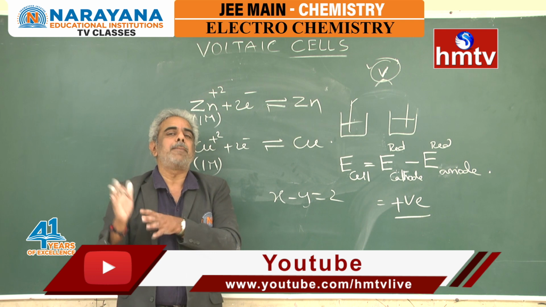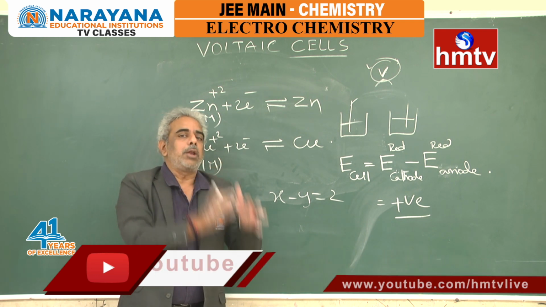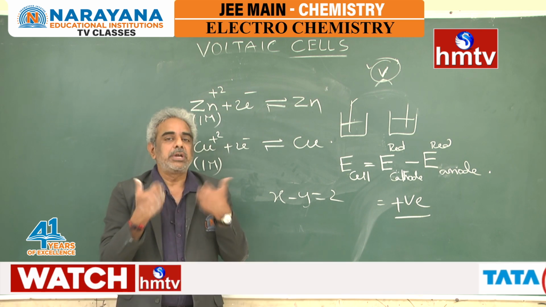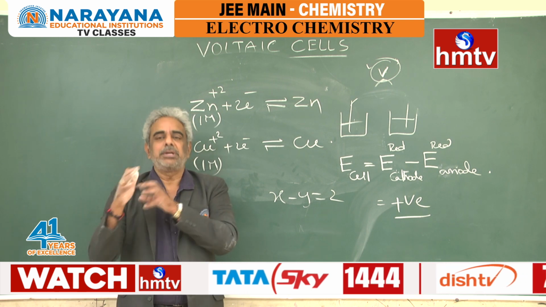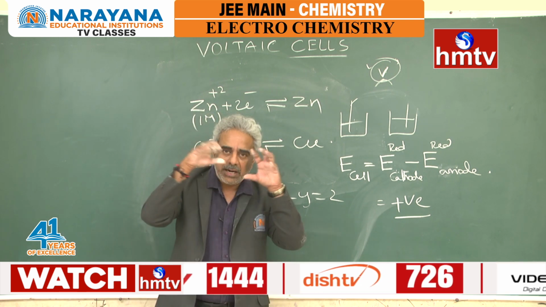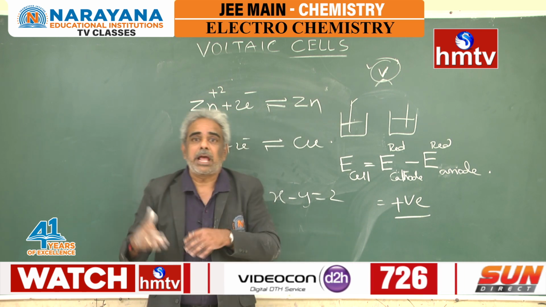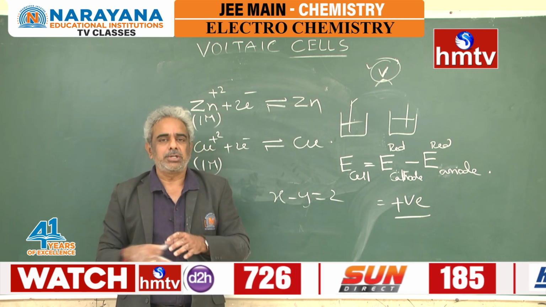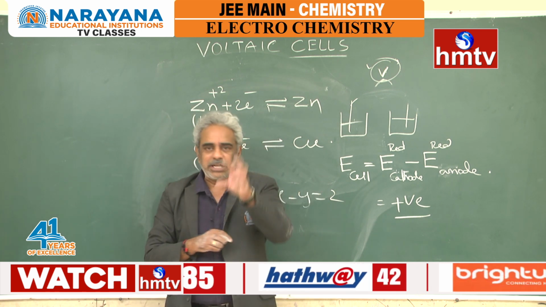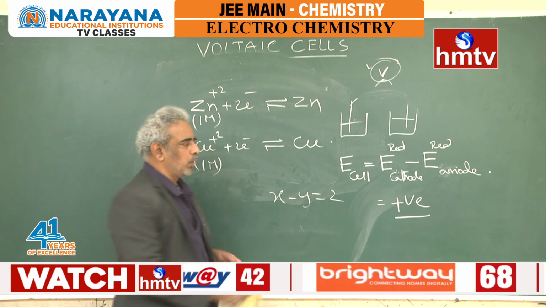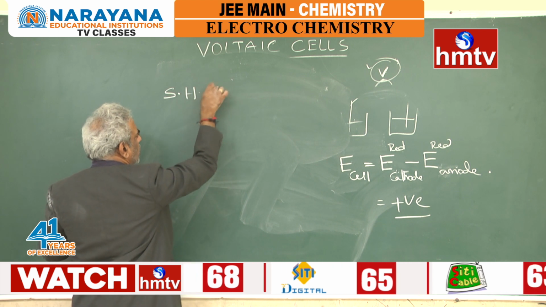And one such famous electrode with the help of which we calculate the potentials of individual electrodes is a standard hydrogen electrode. Standard hydrogen electrode is a reference electrode. Of course, we have many other electrodes, like the Calomel electrode, as reference electrodes. And for you to understand, I can explain with the standard hydrogen electrode. Let us see.